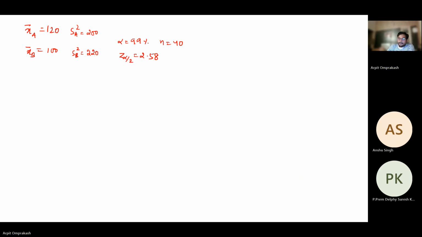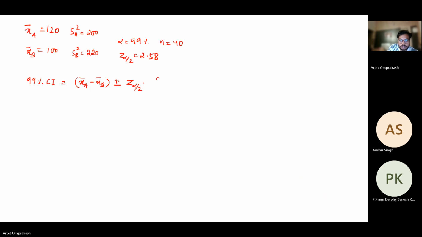So to calculate the 99% confidence interval for this data, since we are making this comparison, the formula will be x a bar minus x b bar, the difference of means, plus minus the z-score